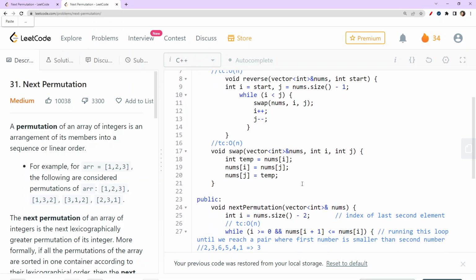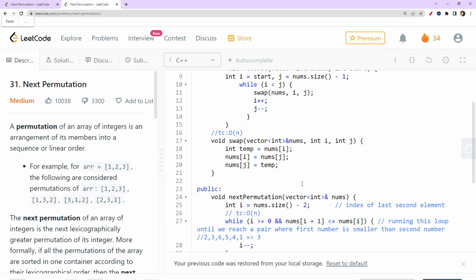So this was all about this question, and this was the question which was asked of me in my first interview round of Amazon, and at that time I was not able to come up with such a solution. Basically, I was able to give the partial solution, but not the whole solution. So yeah,